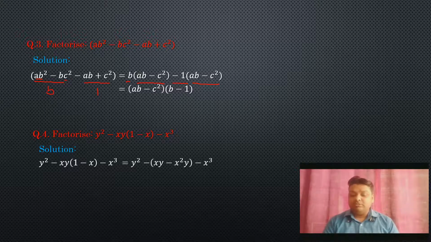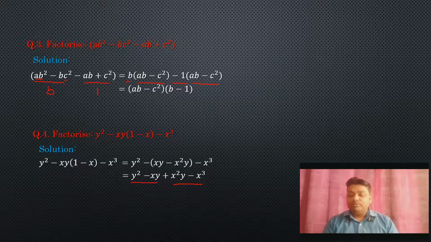It means it will be y square minus xy, plus sign here, then minus sign here, minus sign, then it will be plus sign. Okay, now you can see two terms here, two terms here. Now what is common in these two terms? Y is common, only one y is common, and here you can see x squared is common because the minimum value of x is x squared. Here also an x cube, it means we will take the minimum common.